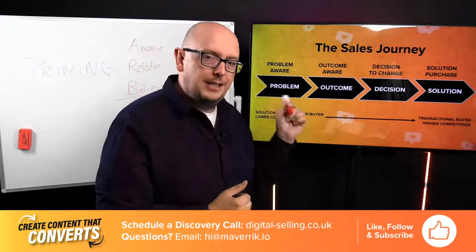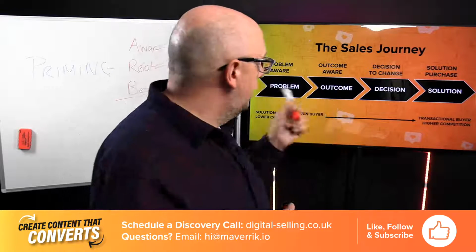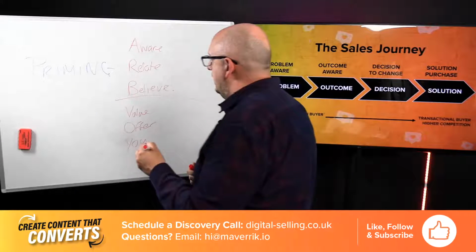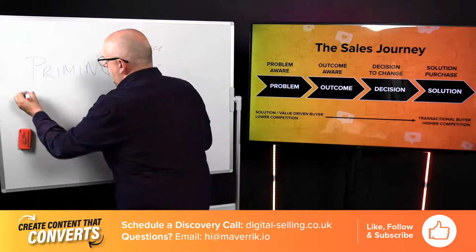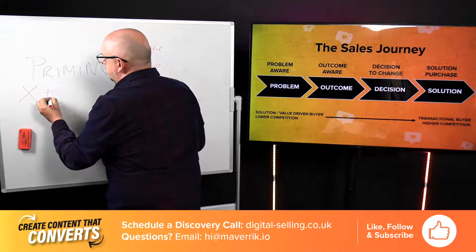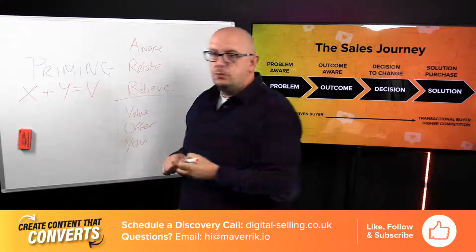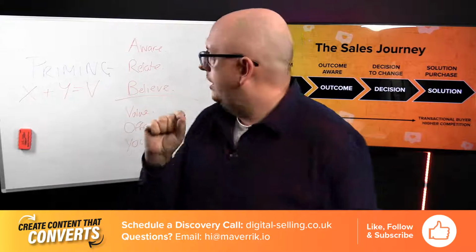Well, it actually comes back to the diagram I showed you earlier, this one on the left. And I'm going to try and do it. I wasn't a maths teacher, by the way, but I'm going to try. We had an argument in one of our accelerator groups earlier about this. X plus Y equals V. X is their destination, so make a note of this. X is the destination that people want to go to.